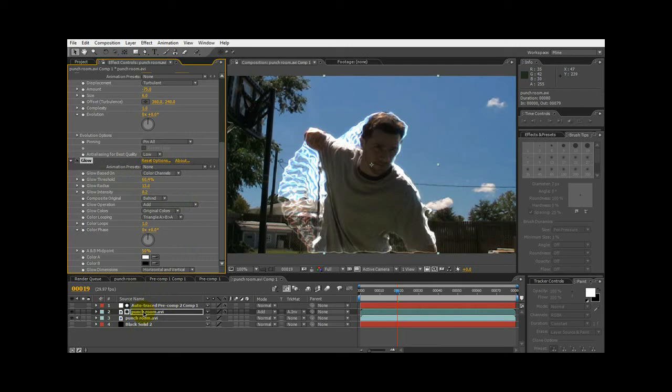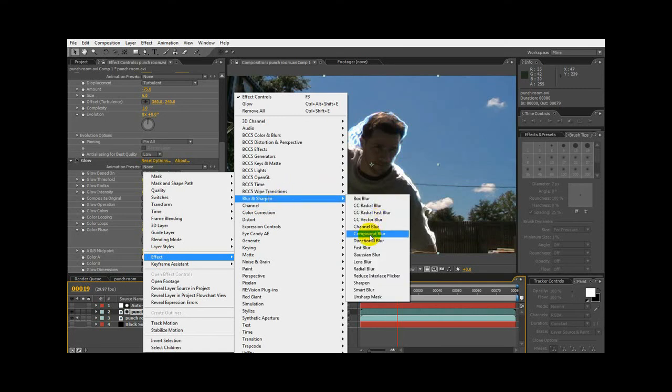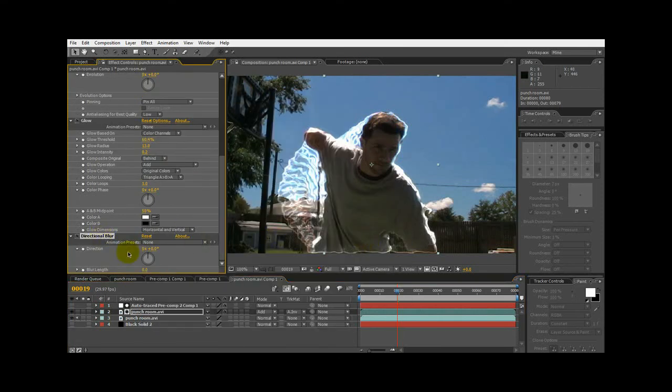Okay, another thing you can do on the effect is even take the glow. You can do a directional blur on it. What you do is you blur it first, maybe just up to where you actually notice something, and then change the angle of it. It has to be the proper angle to make this work, but it's not going to work on everything. You want it to be the angle that's going to make it look like you bring the trail